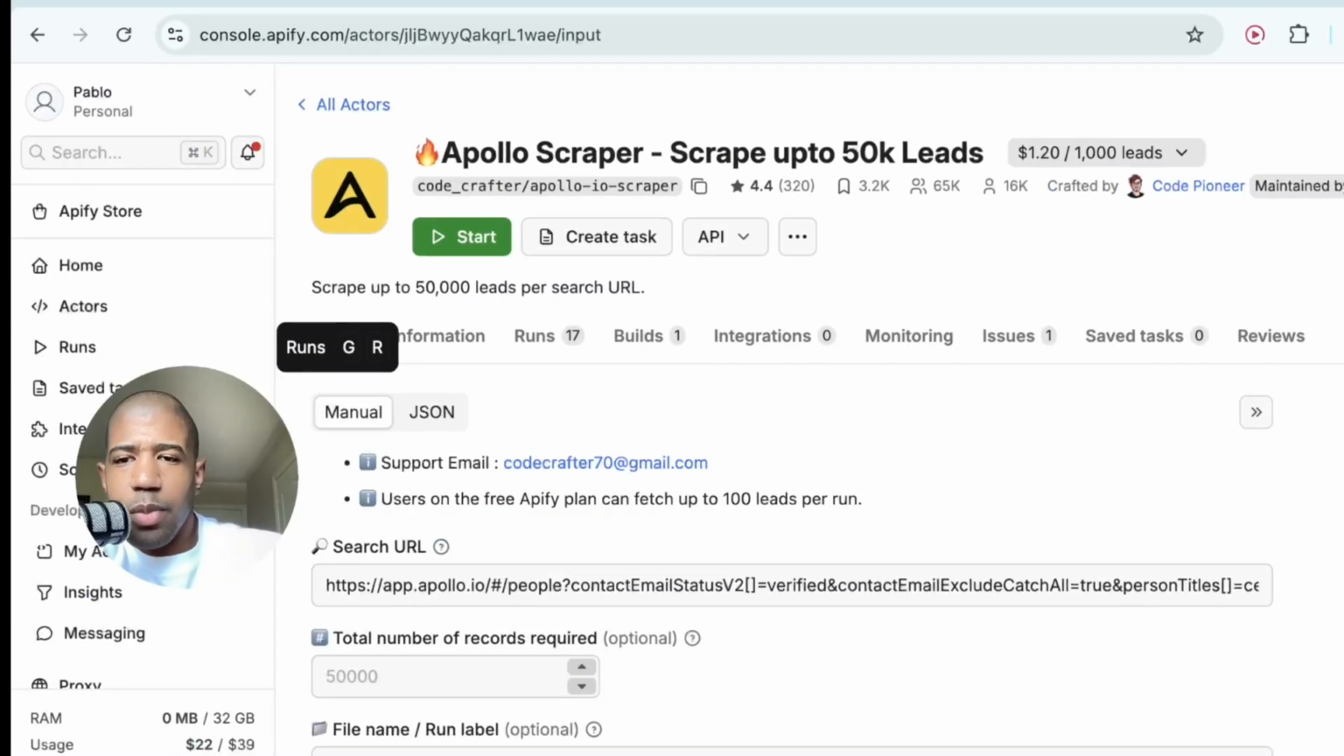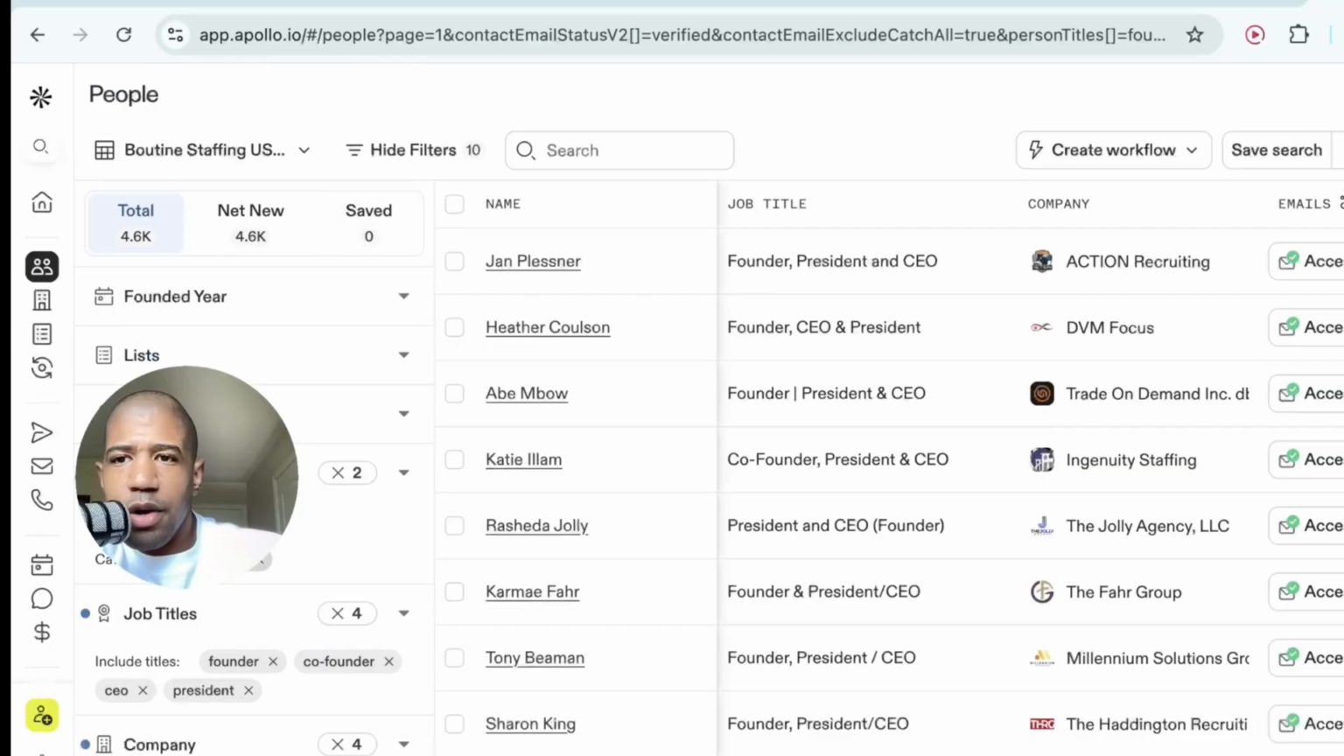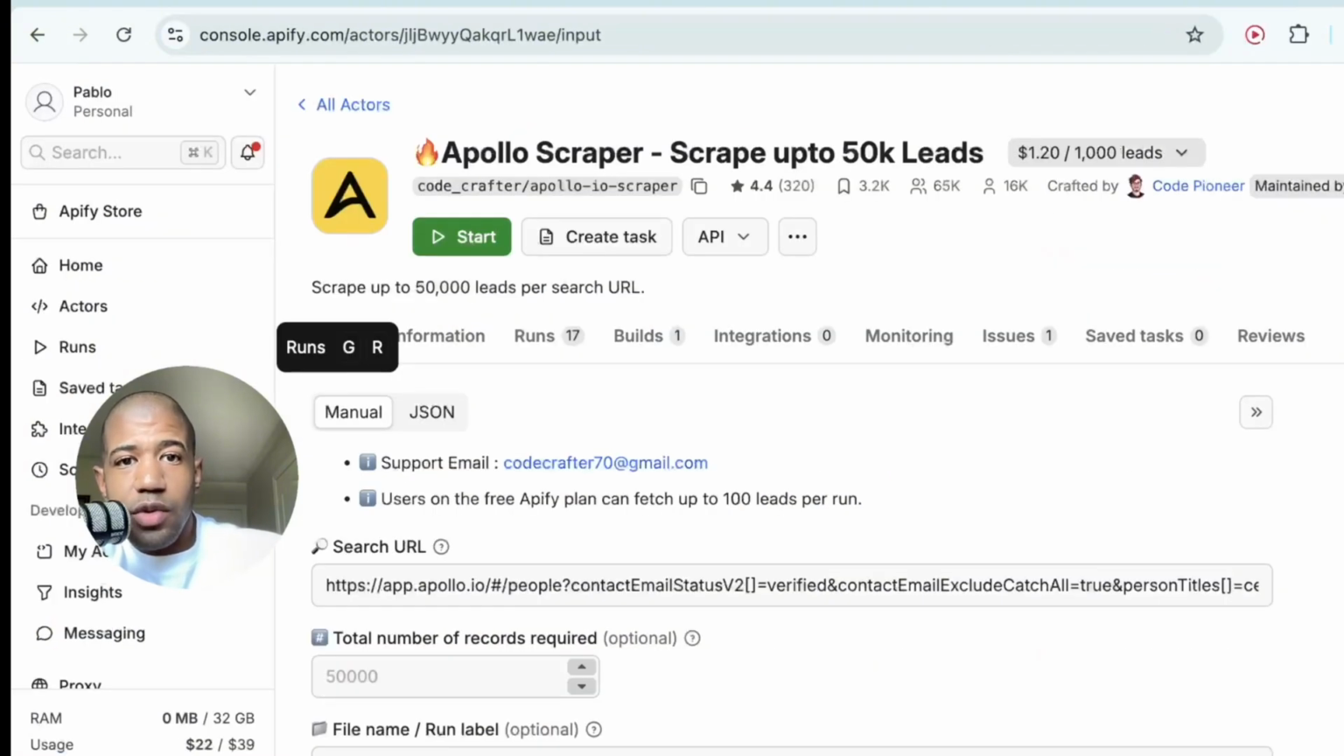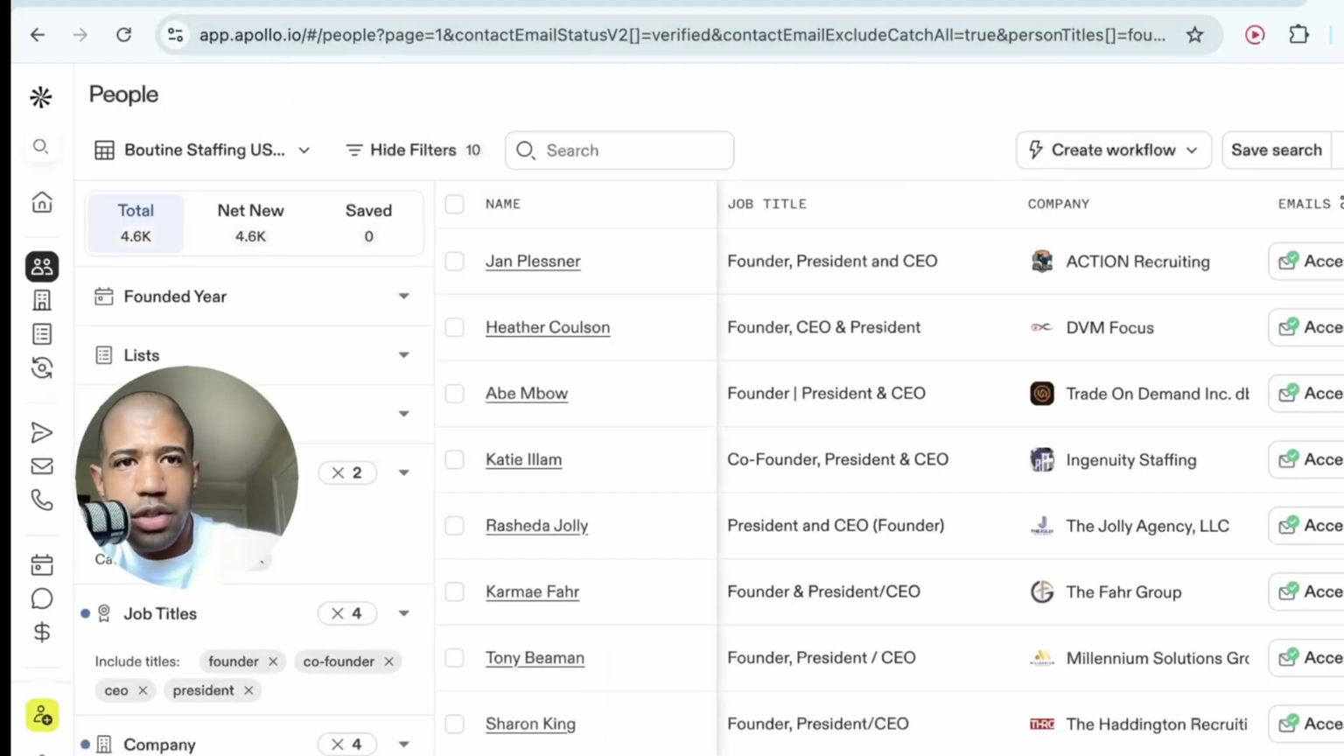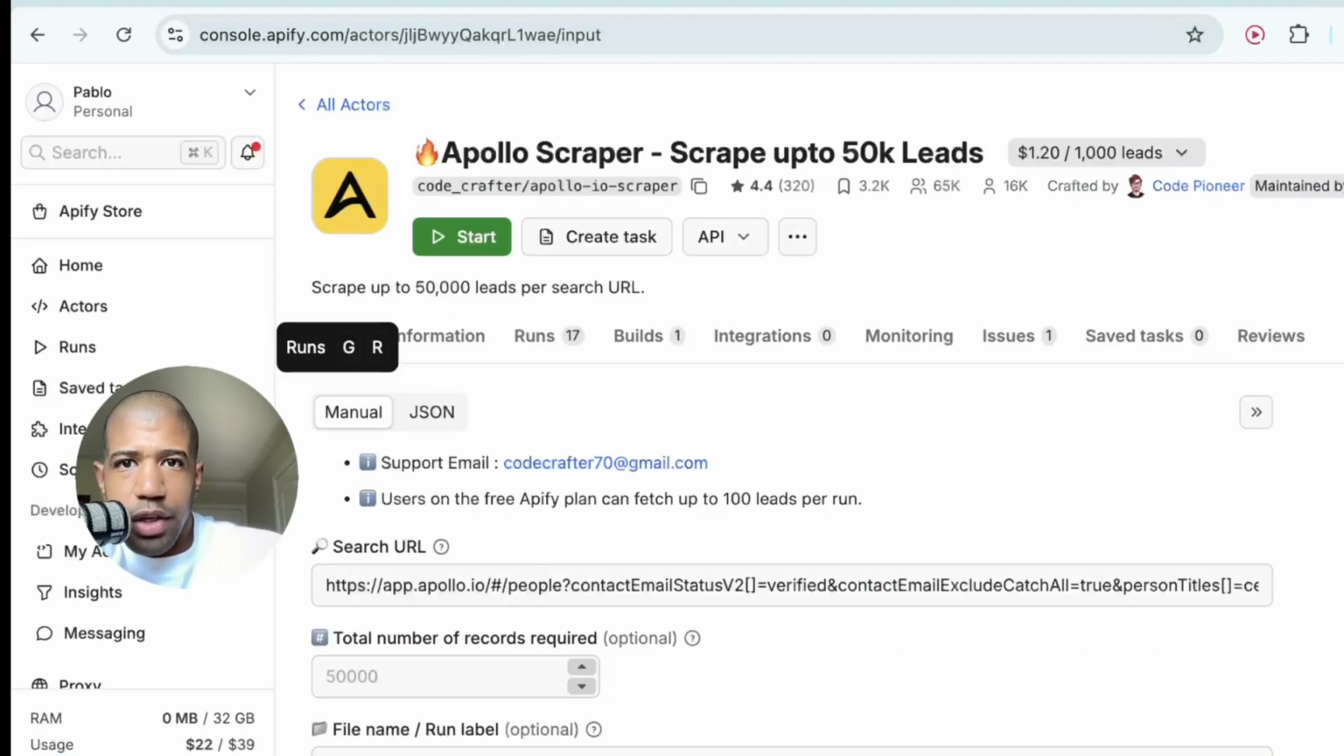So if we go back to Apollo, we see we're scraping about 4,500 or 4,600 leads. So that's going to be about $4.80, just under $5 to get all these leads. That's amazing. Someone would pay you $1,000 to get these leads if they knew that these leads were great leads. So what we're going to do